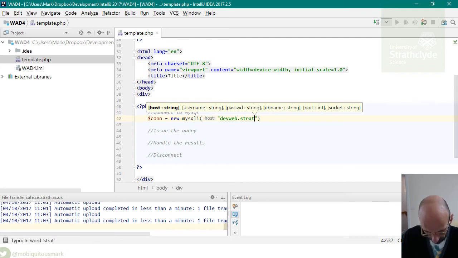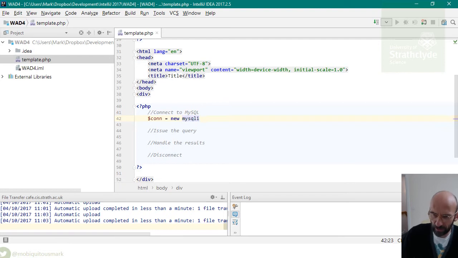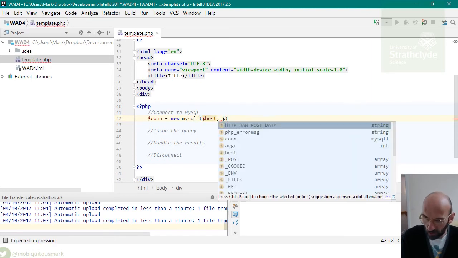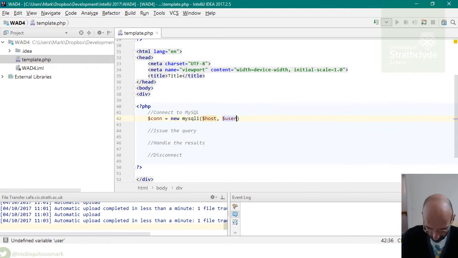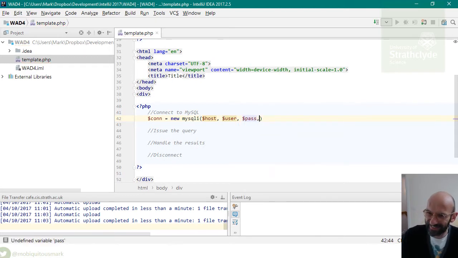devweb.strath. In fact, what's probably easier to do is to create some variables here. So I'm going to do that as $host. Okay, and then we need $user, $password, and finally the only thing we need to add is the database name, the $db